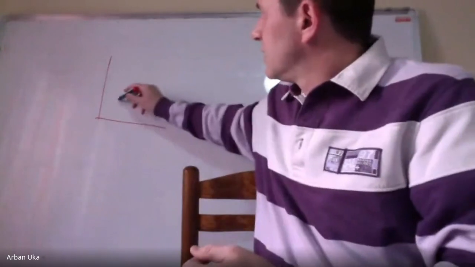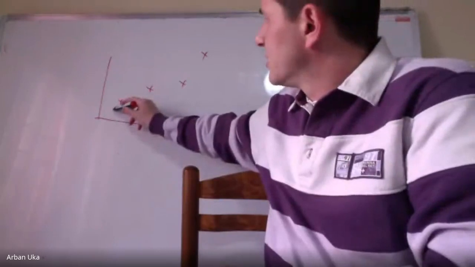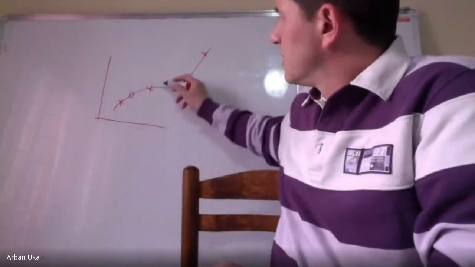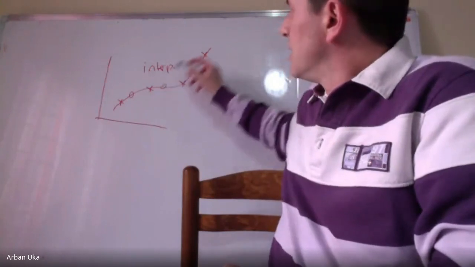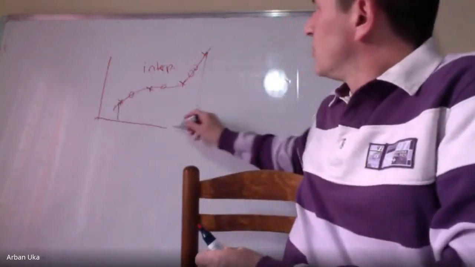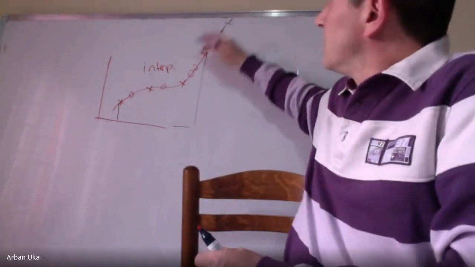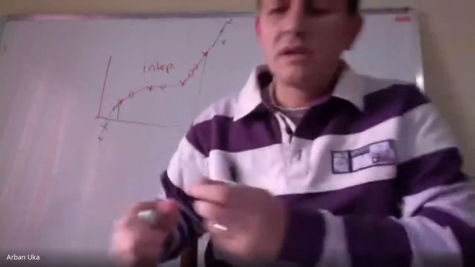So interpolation: given some specific data points here, we try to identify a function which can best fit these data points and try to determine points of interest within this range. This is called interpolation. But trying to determine data points which are outside of this initial range is called extrapolation. So judging from the shape of the function, we would have to define points that look like this, and in this case that look like this. This would be the extrapolation.